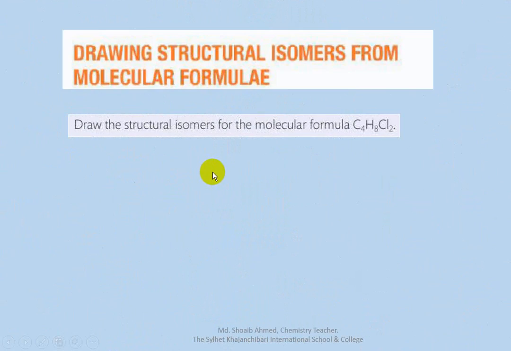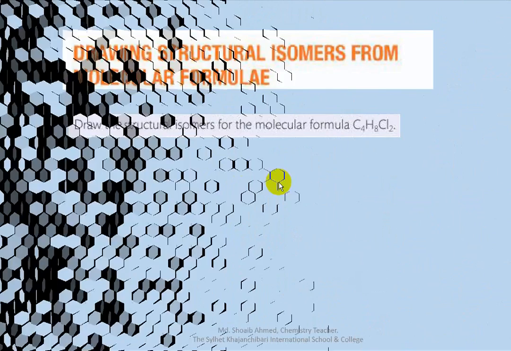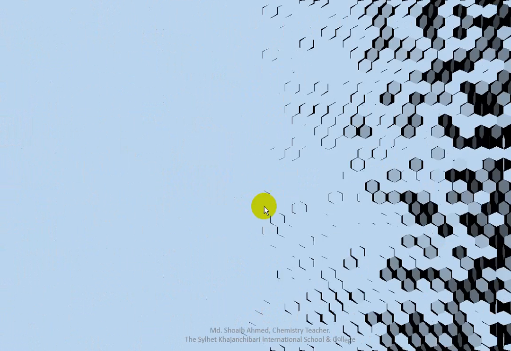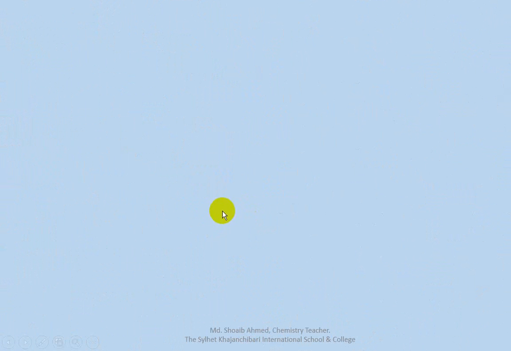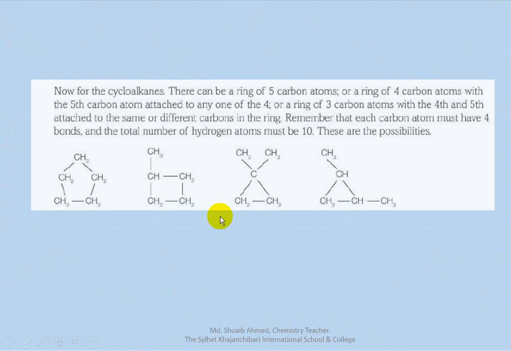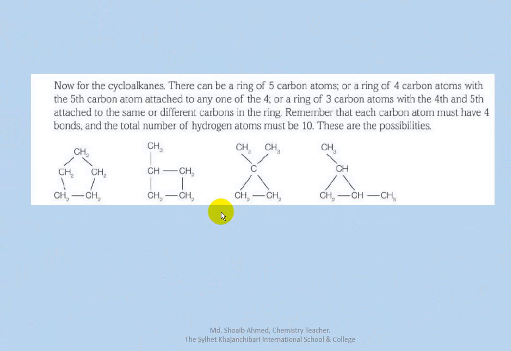Okay, I have drawn these things in the last class, so I will not take this again. How to draw? If the molecular formula is given, how many structural formulae can be drawn? I showed this in the last class. Have you seen it maybe? This thing I have discussed already.